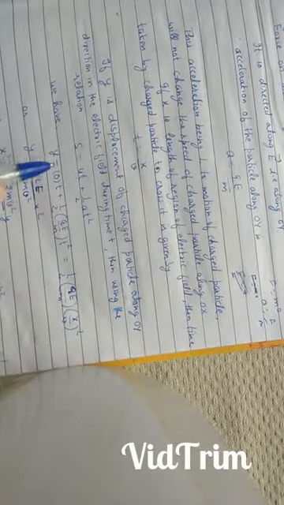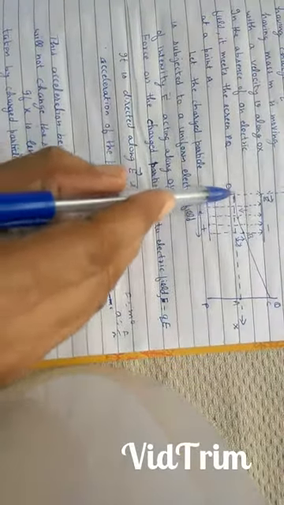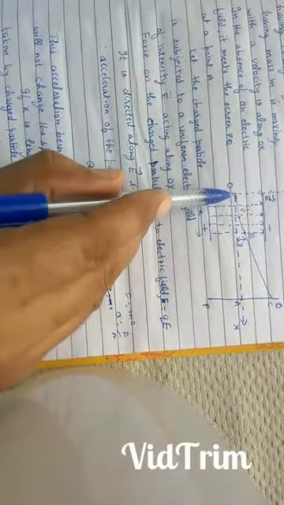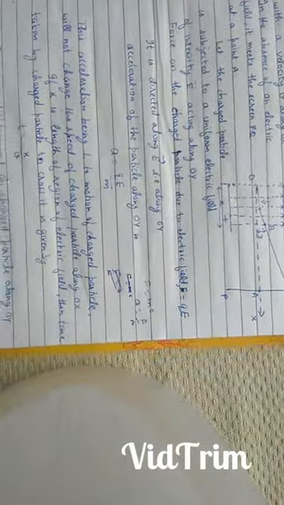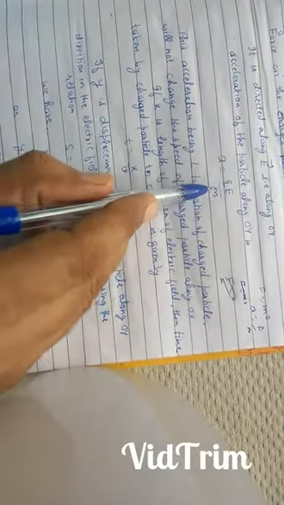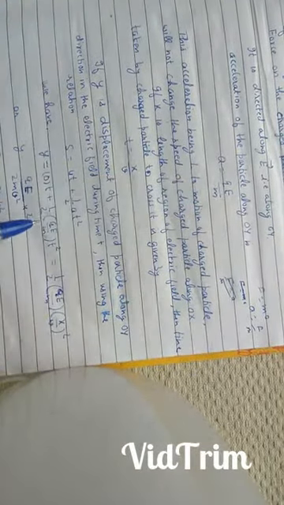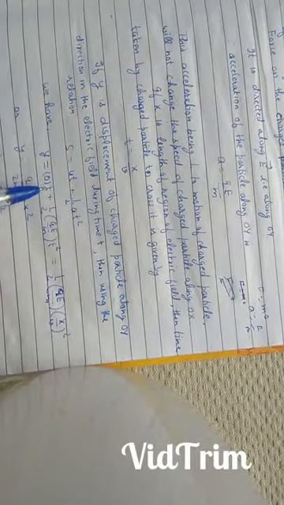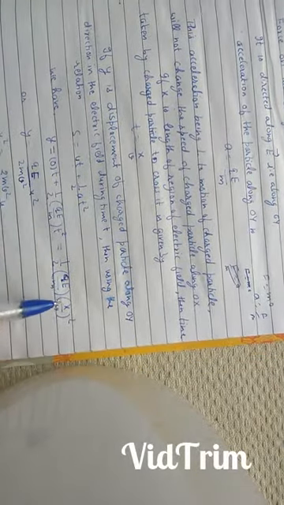Therefore we have y is equal to 0 into t, because the particle was moving along OX. Therefore the initial velocity along the OY direction is 0. So in place of u we will write 0: 0 into t plus 1 upon 2, and in place of a we will write qE upon m, into t square. 0 into t is 0, and this becomes 1 upon 2 into qE upon m into t square.